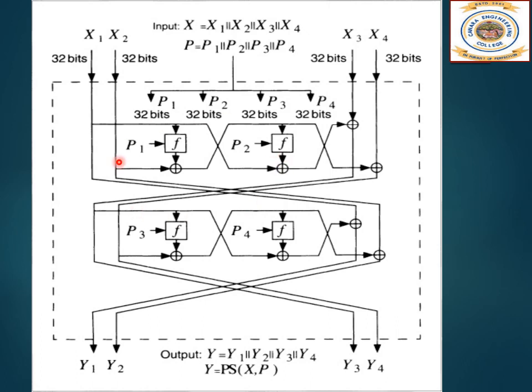The message block is broken into 4 32-bit values, and the previous hash value is also broken into 4 32-bit values. The function f we will see later, it is given in detail. In this, the output of one processing stage becomes the input to the next processing stage. After the last processing stage, the output is XORed with Mi and Hi-1, and then the next block is ready to be hashed.